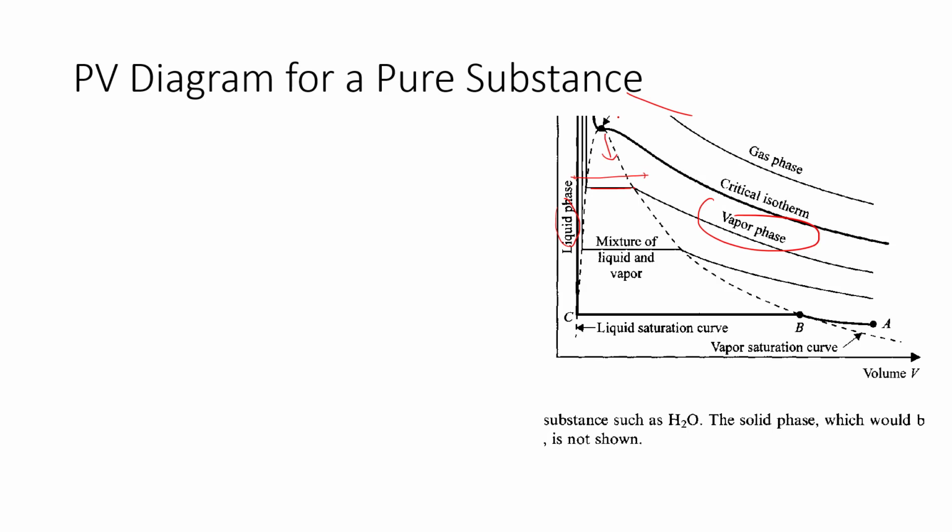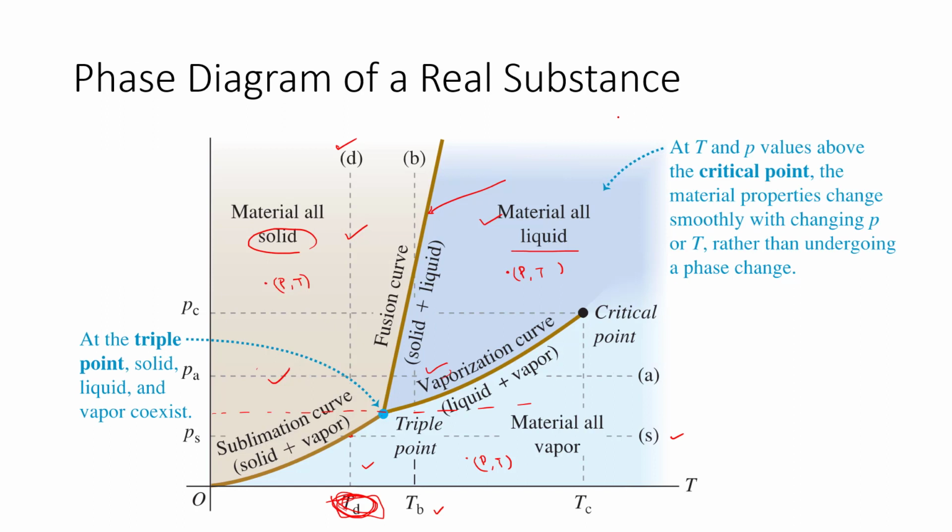Okay, so that's about the phase diagram for this real substance. And this phase diagram is a two-dimensional diagram where we plot pressure versus temperature. Now sometimes it is more informative if we draw three-dimensional diagrams instead of two-dimensional diagrams, because three-dimensional diagrams have more information than the two-dimensional phase diagram or the PV diagram. And we know that